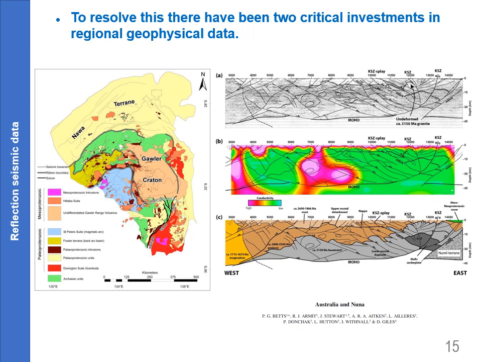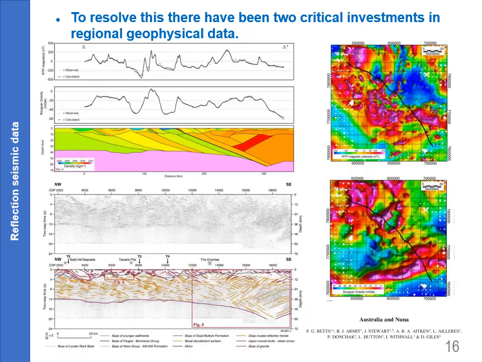that have now been collected extensively across the continent. These data sets provide us with some real detailed constraints about the architecture in cross-sectional view. Here's an interpretation from John Stewart in his PhD of the crustal architecture of the eastern part of the Gawler Craton on a seismic profile that extends across the eastern Gawler Craton through here. And you can see that the level of detail that you can get from this data is quite impressive.